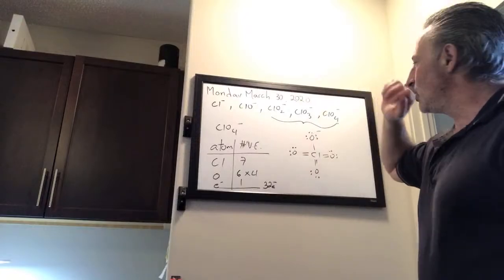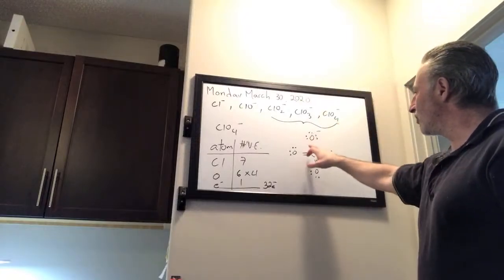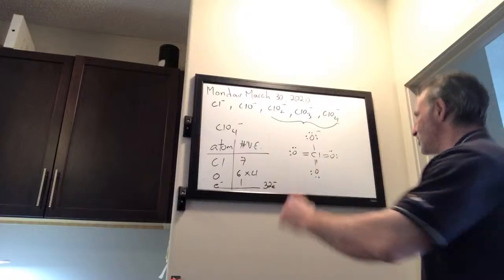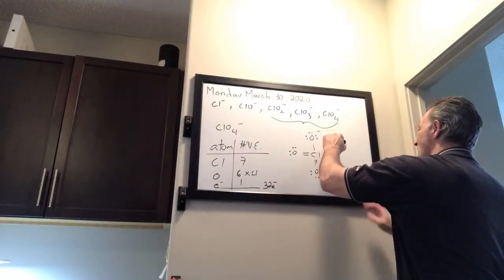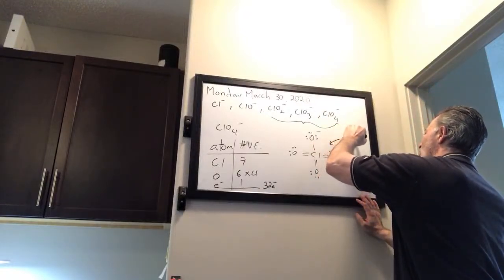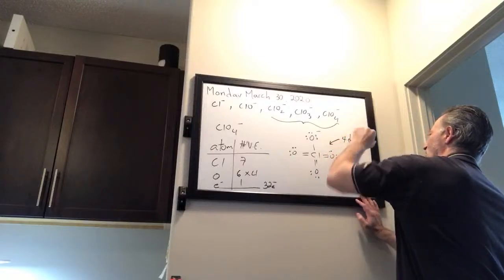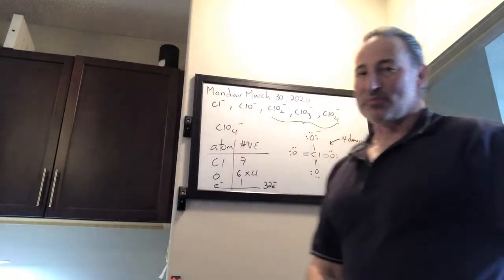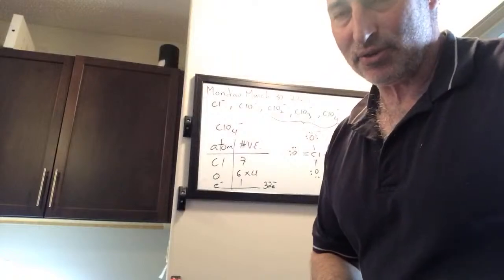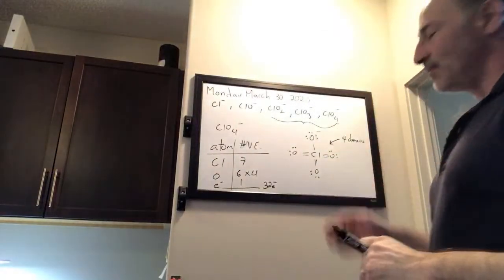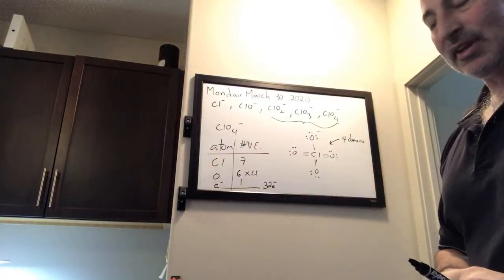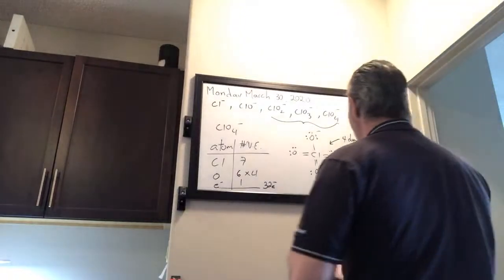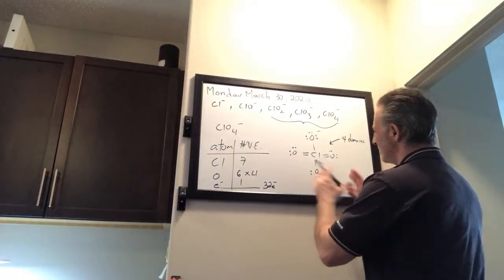So now you've got 1, 2, 3, 4 domains in there. There are 4 domains on chlorine. 4 domains means there are 4 areas where you have electrons. 4 domains points pretty conclusively towards a tetrahedral geometry. So perchlorate is going to have a tetrahedral geometry, and it's kind of tricky to portray